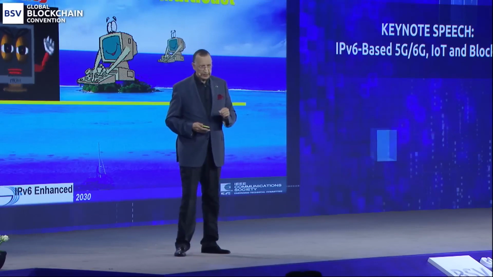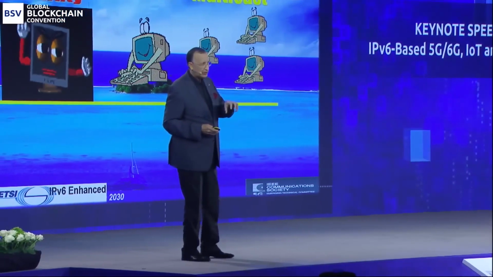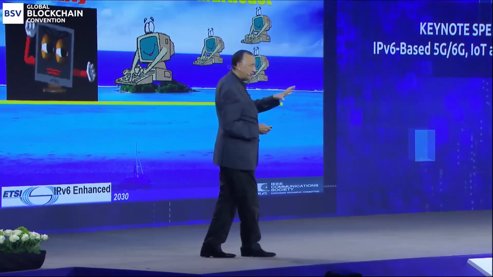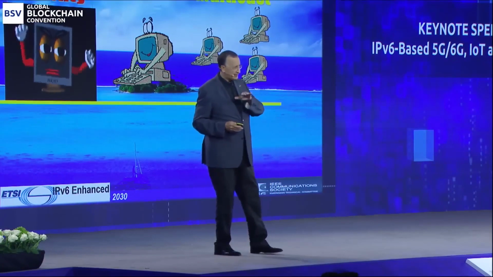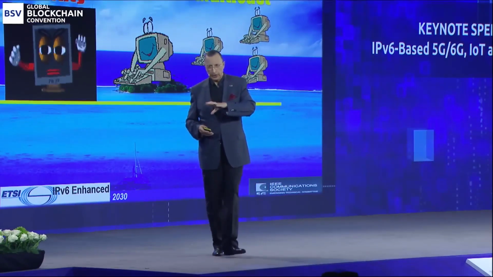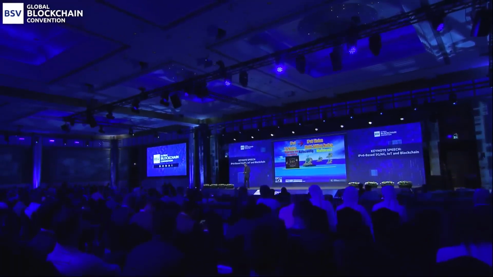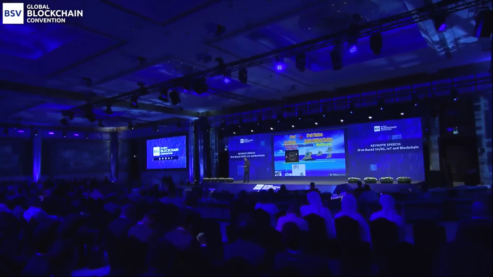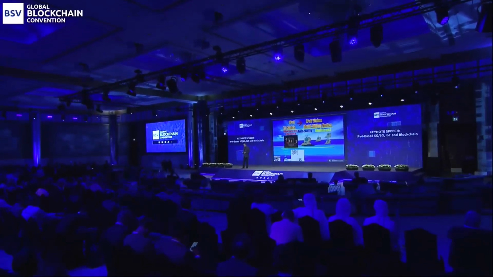The second one is that we are still using broadcast. And broadcast is very bad for wireless, because the wireless spectrum is very expensive, and broadcast eats half of it just to get the messages over. So we have to move to multicast, and that will be the case also for blockchain and for all kinds of applications. So the first killer application was basically wireless, as I mentioned earlier on.